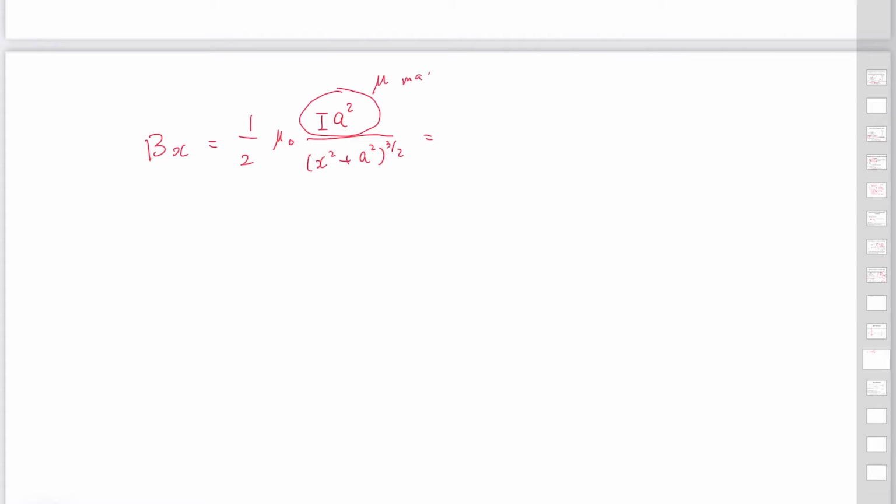This is the magnetic dipole moment. So it becomes 1 over 2 mu sub 0 mu over x squared plus a squared to the 3 over 2. If x is much larger than the radius of the circle, it becomes nearly equal to 1 over 2 mu sub 0 mu